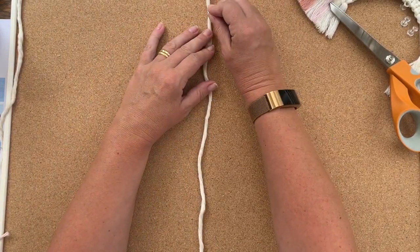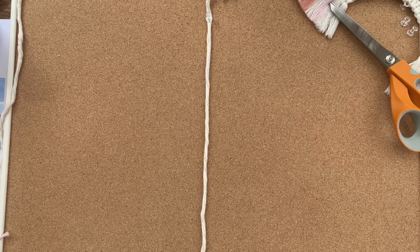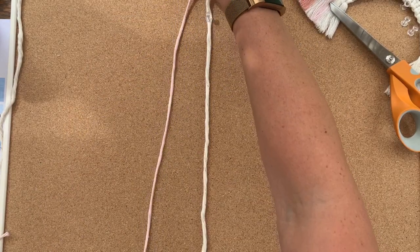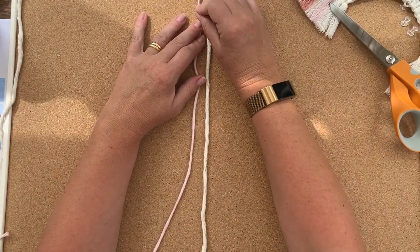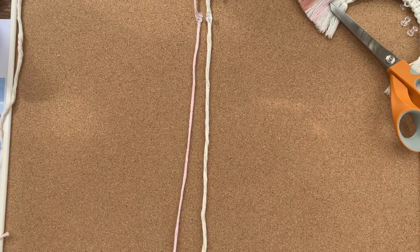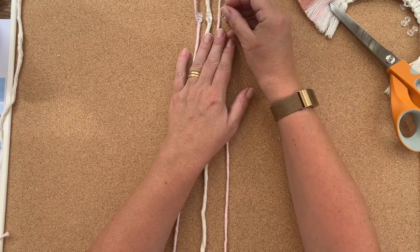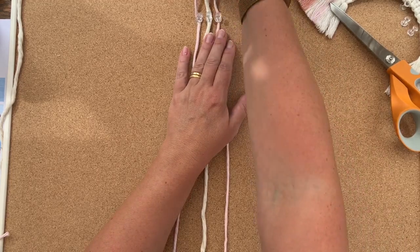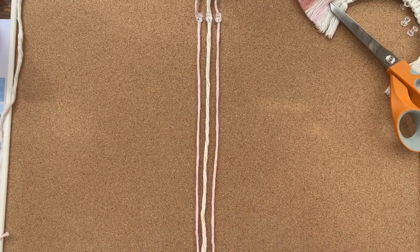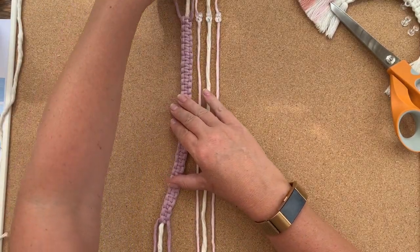So one of my 50 centimetre lengths of the thicker 5mm cord again, and this time I've got 2 lengths of the baby pink, but this time they are 1.25 metres, so 125 centimetres, and just as before I'm going to pin those in place. Okay, that's leaving enough for my fringe. Okay, so I'm going to do the same this time. I'm going to leave that,